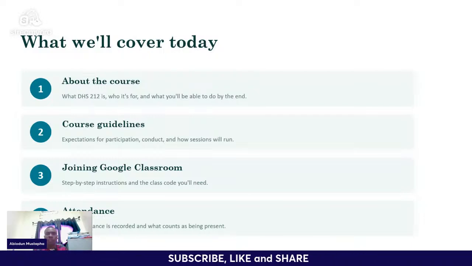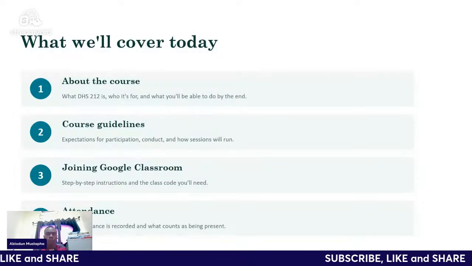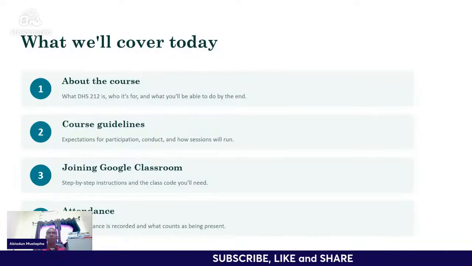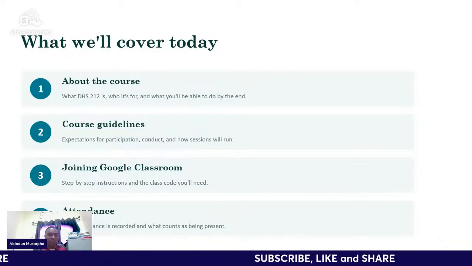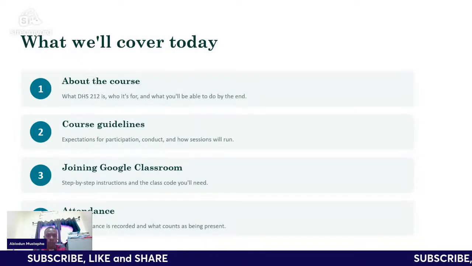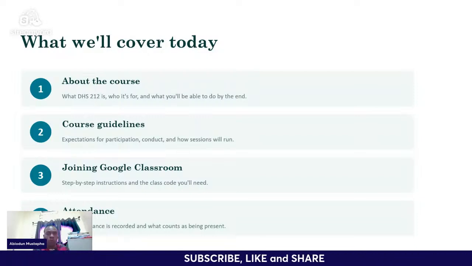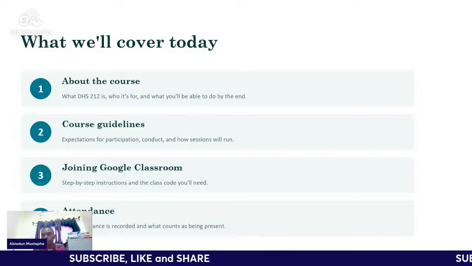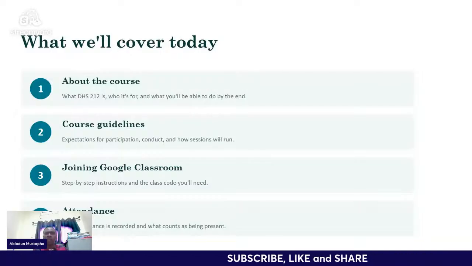You will be getting instructions on things like attendance, links to replays, and assignment submission. You would need all of these to guide you through. Also, take note that attendance is very important, and you're expected to have a minimum of 75% attendance to qualify for the exams. Of course, if you took DHS 121 last semester, these things will not be new to you, but one or two things have been added that will help you do better at this course.